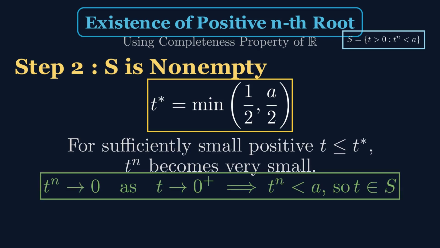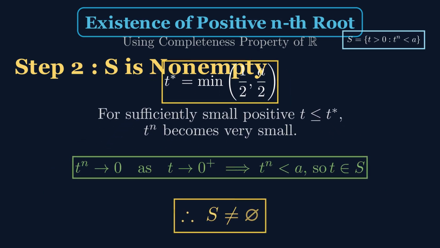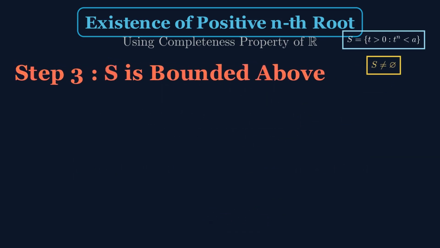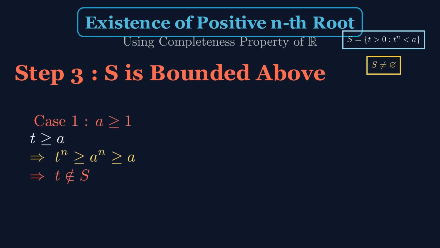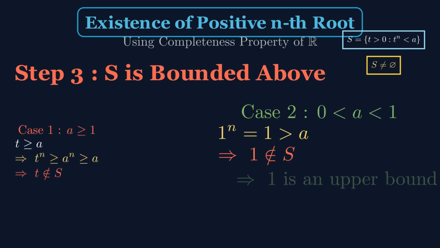By the law of trichotomy of real numbers, there are three possibilities: x raised to the power n is less than a, x raised to the power n is equal to a, or x raised to the power n is greater than a. The greater than and less than cases are ruled out. The only possibility is x raised to the power n is equal to a.